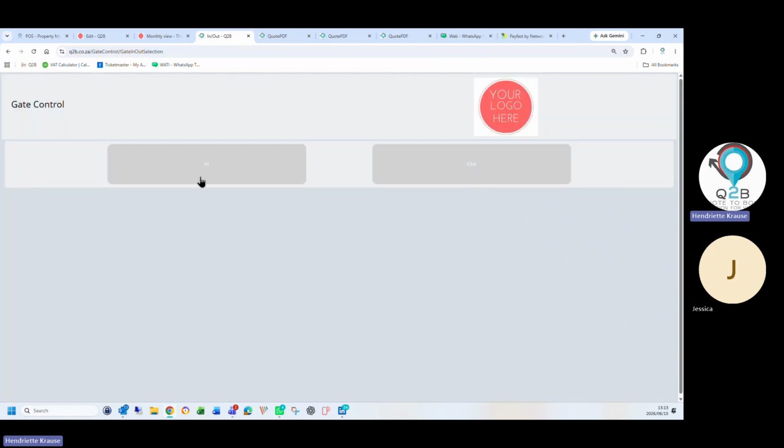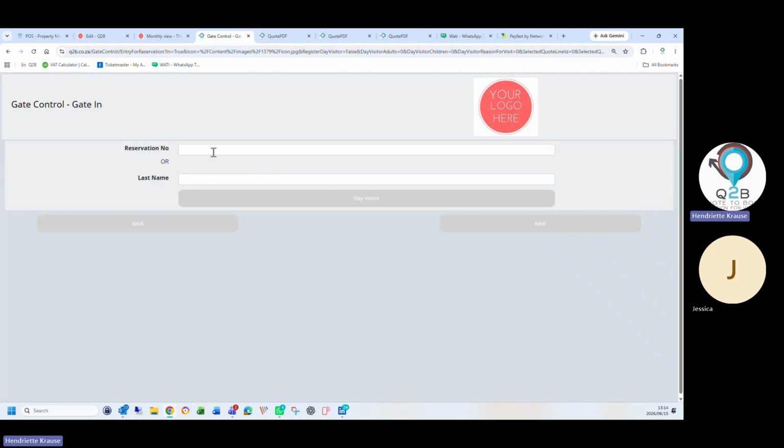Gate control we've also got. I don't know if you'll use it. How does your gate work? Do you have a guard with a book at the gate? Yeah, we have the security there, yes. But most of the bookings get done at the front office, so it doesn't get booked in by security. But we do have a list if there is someone. We also do have clients who come in late at night, say maybe after midnight, 1 a.m., 2 a.m. Those type of clients, generally the security will be the one to then check them into their rooms.